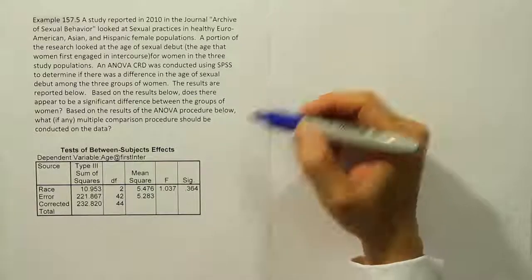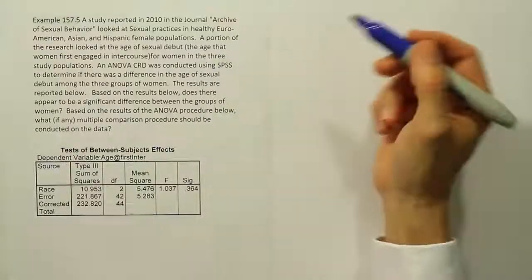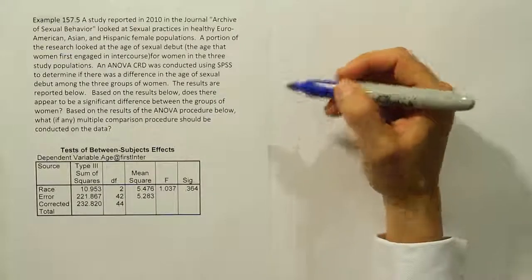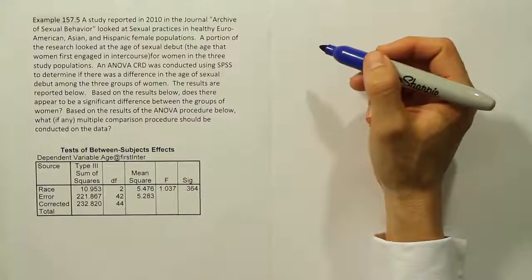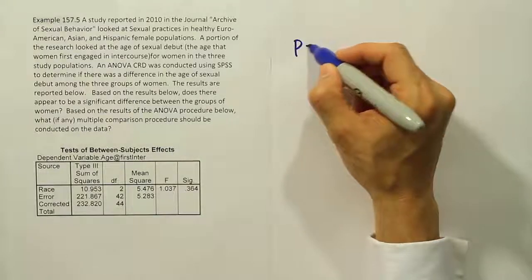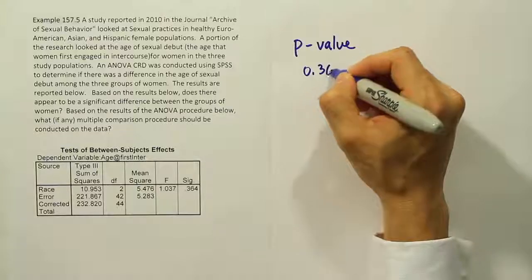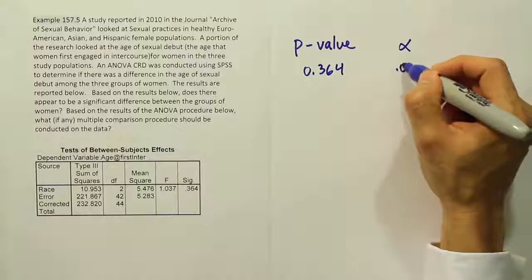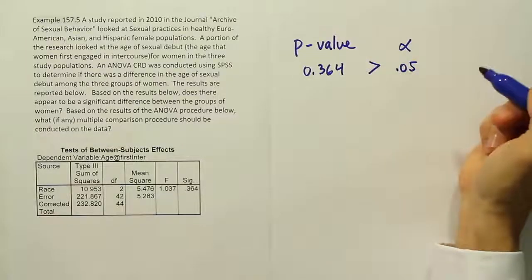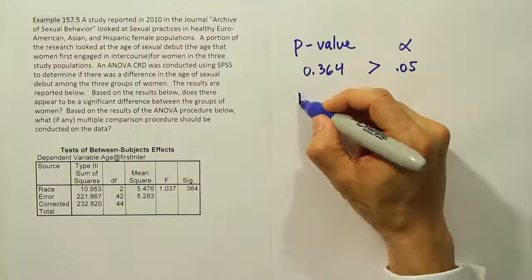And what you're going to do with that is compare it against alpha. Now, in this problem, they didn't give us an alpha, but we can compare it against what we would think to be a reasonable alpha. Usually we choose 5% for that. But think about it, you never see alphas higher than, say, 10%. And even if you went radical and chose an alpha of 20%, this p-value is much larger than that even. So the p-value here is actually 0.364. If we compare that against the default alpha level, which is 0.05, there's no doubt that the p-value is larger, right? This is 36%, this is 5%. Because it's larger, that means you do not reject